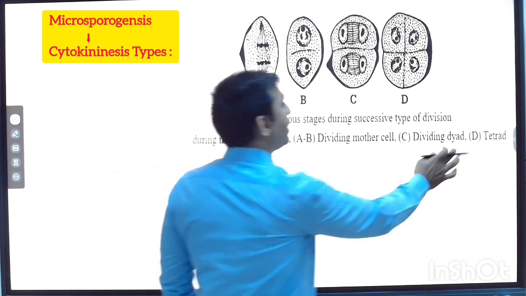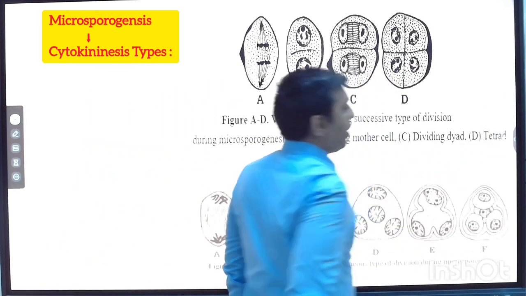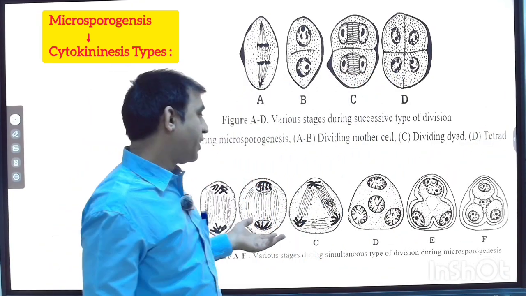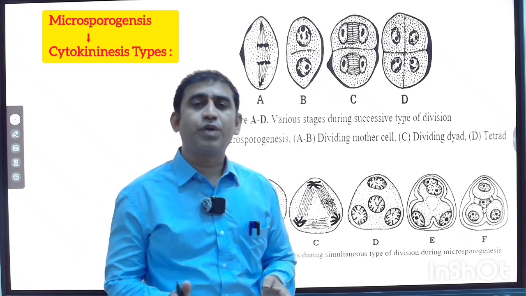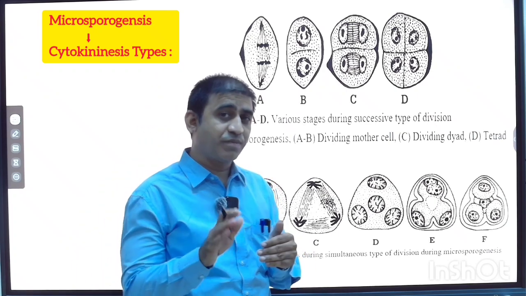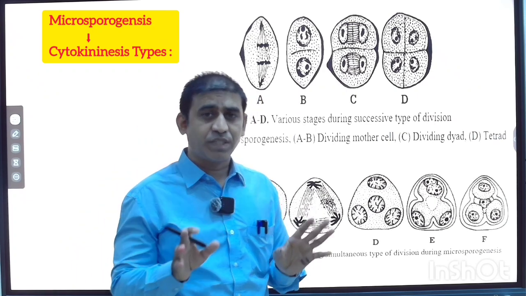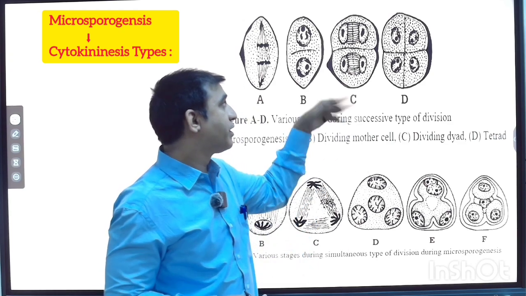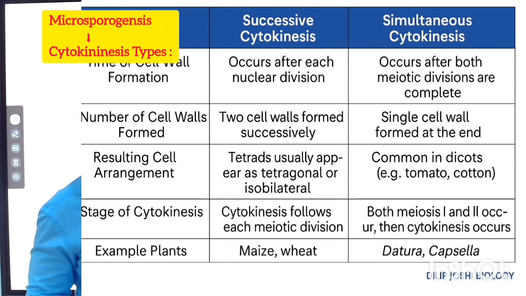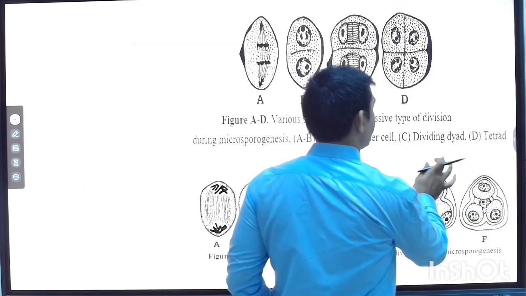The difference is that in the simultaneous, the division of cytoplasm, that is cytokinesis, happens once, at the end. And in the successive, the cytokinesis takes place at two different places. If we see the